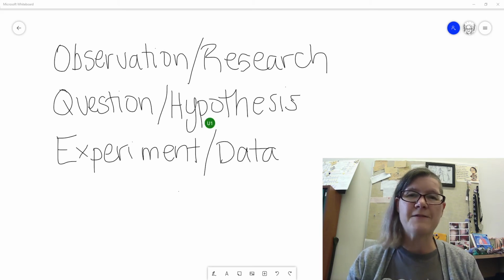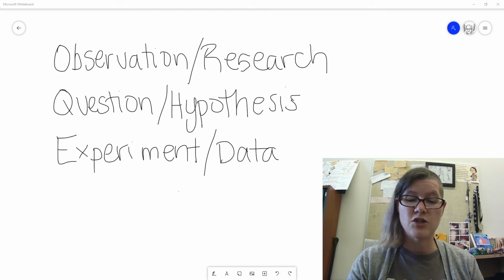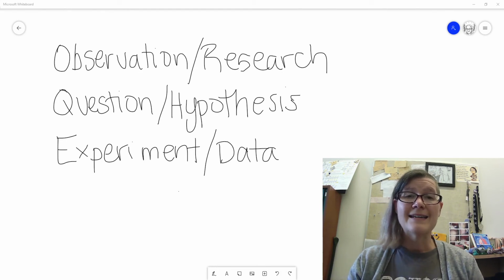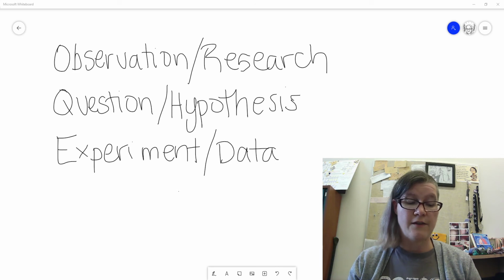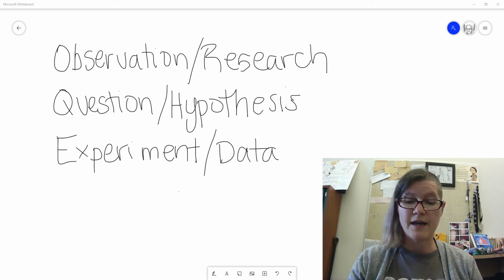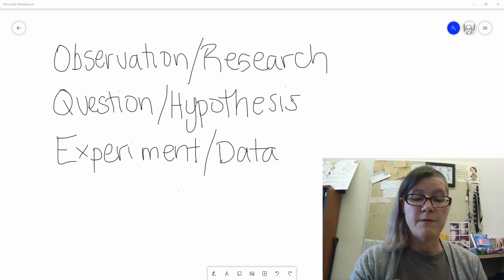And data itself doesn't really tell us much because it can be complex and all over the place. So we still need to do a few more things before we have an understanding of where we're at. Data could be like an observation, but on its own, it's usually just kind of a jumbled mess. So good scientists will not only take their data, but they will do an analysis.